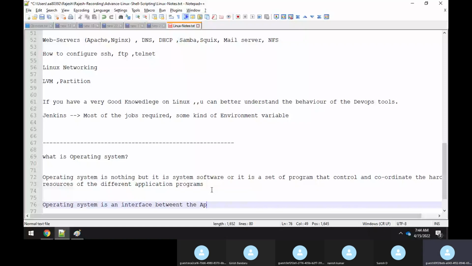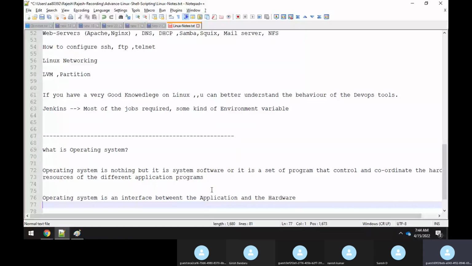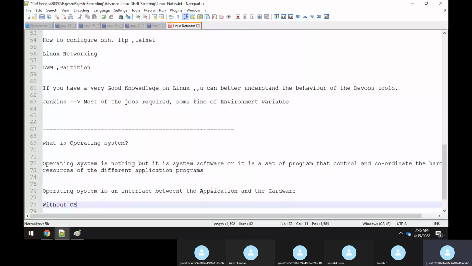It's an intermediate, an interface between the application and hardware. Without the operating system, or OS in short, the application cannot interact with the hardware.